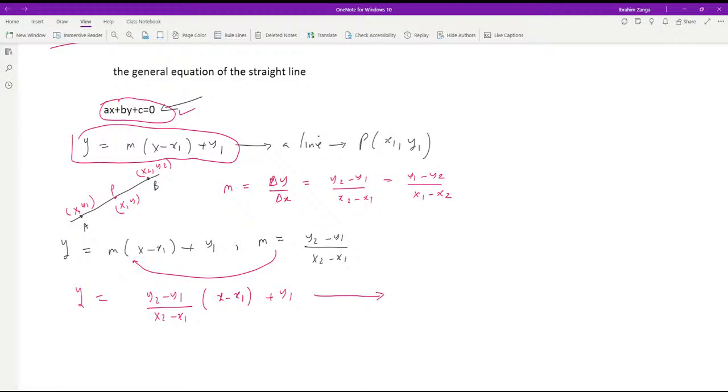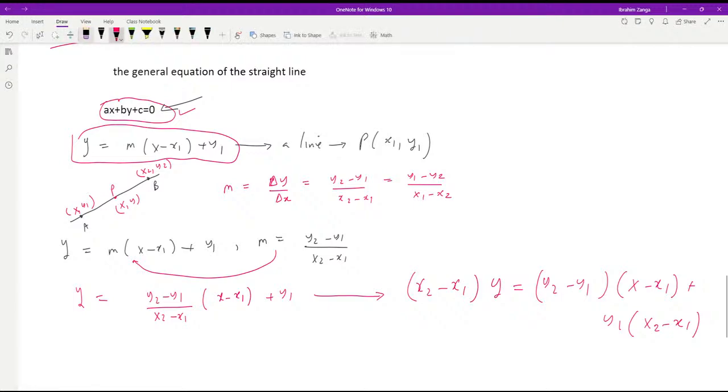When we do that, we'll be having x2 minus x1 times y equals y2 minus y1 in the bracket, and another bracket x minus x1, plus y1 multiplied by x2 minus x1. After this multiplication, dear students, you'll be having